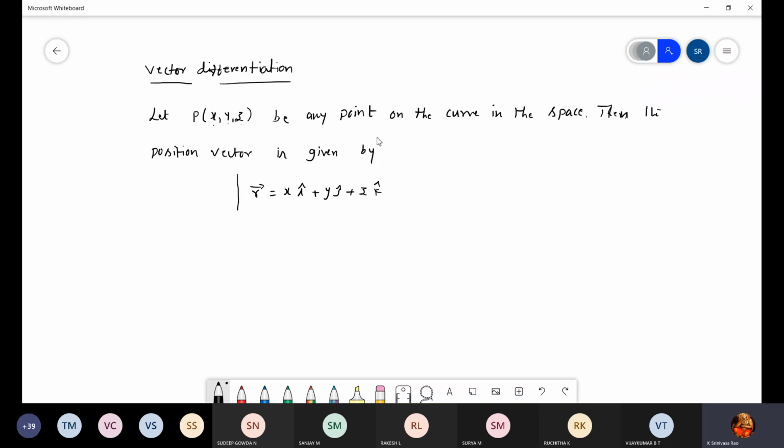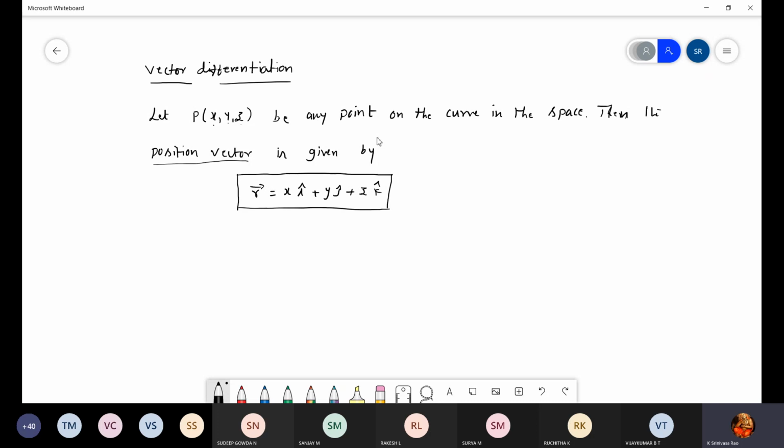So just highlight it, put it in a box because it is very important. Wherever the word position vector comes, this is important. We will write r is equal to xi plus yj plus zk. In the problem also we have to write like this, and we will convert it into another variable.